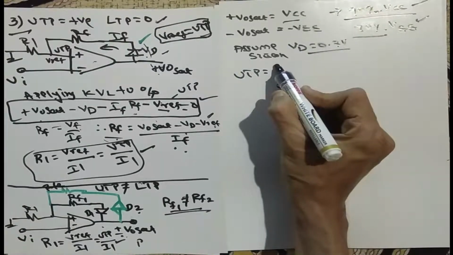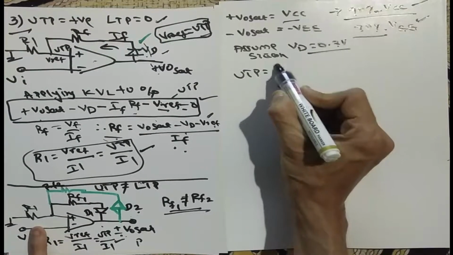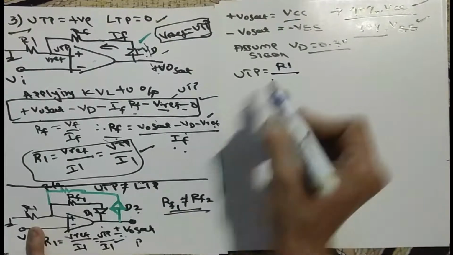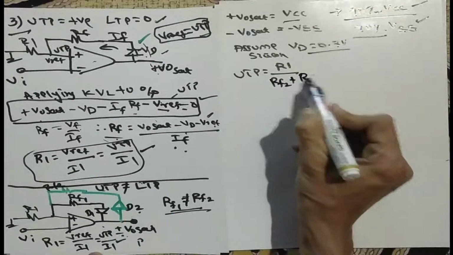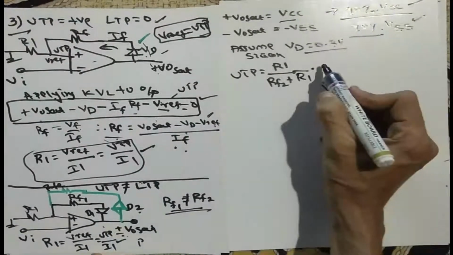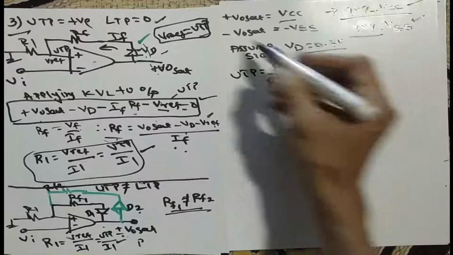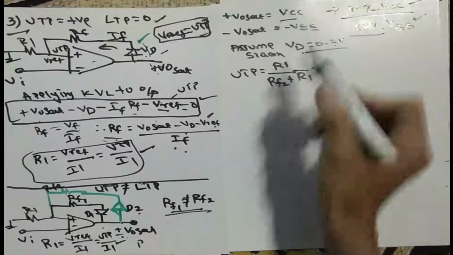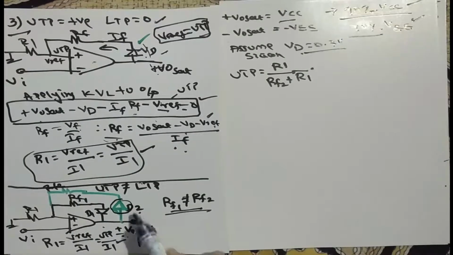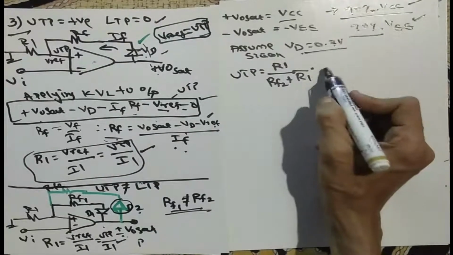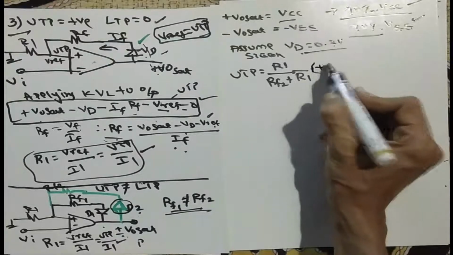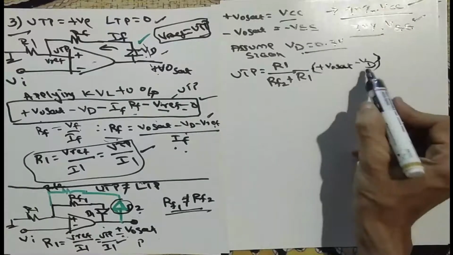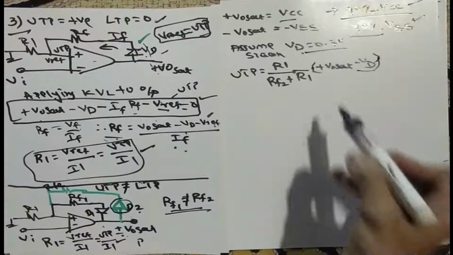In this case we take the same resistance R1, plus RF2, sorry, RF2 plus R1, multiplied by V0. Or we can call it V saturation, 90% of VCC, minus VD. Why does minus VD come? Because 0.7 volt is dropped here. Everyone knows that, so we have to subtract it. So instead of V0, I am taking plus V0 saturation minus VD. I hope you know why I am making it minus VD. So this is the equation for the UTP.